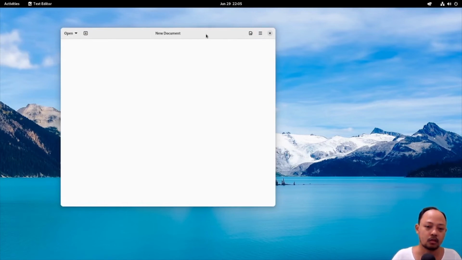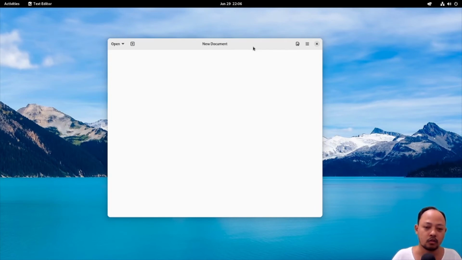So I think it's GNOME Text Editor, the new default text editor for GNOME 42. In Fedora 36, the text editor still uses gedit, but in Ultramarine it already uses the GNOME Text Editor.